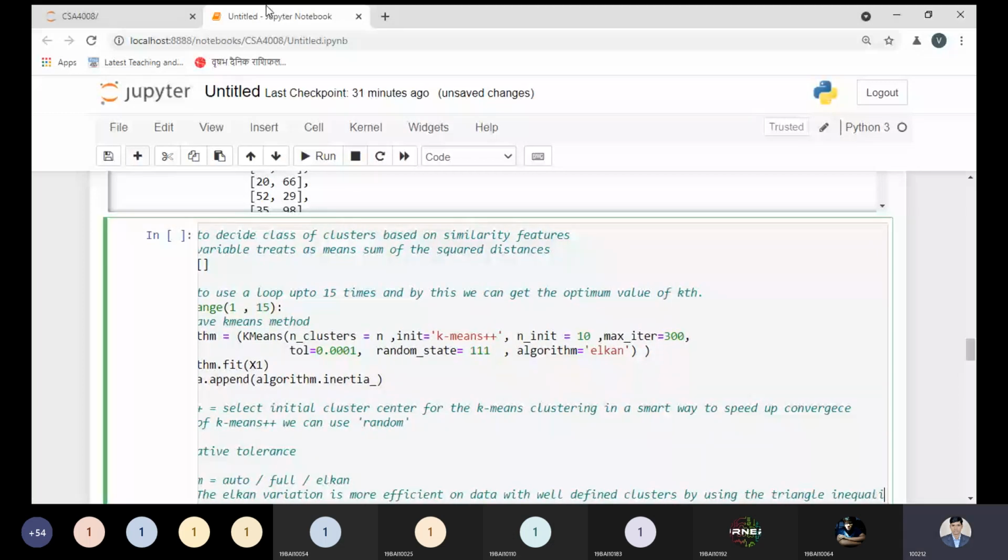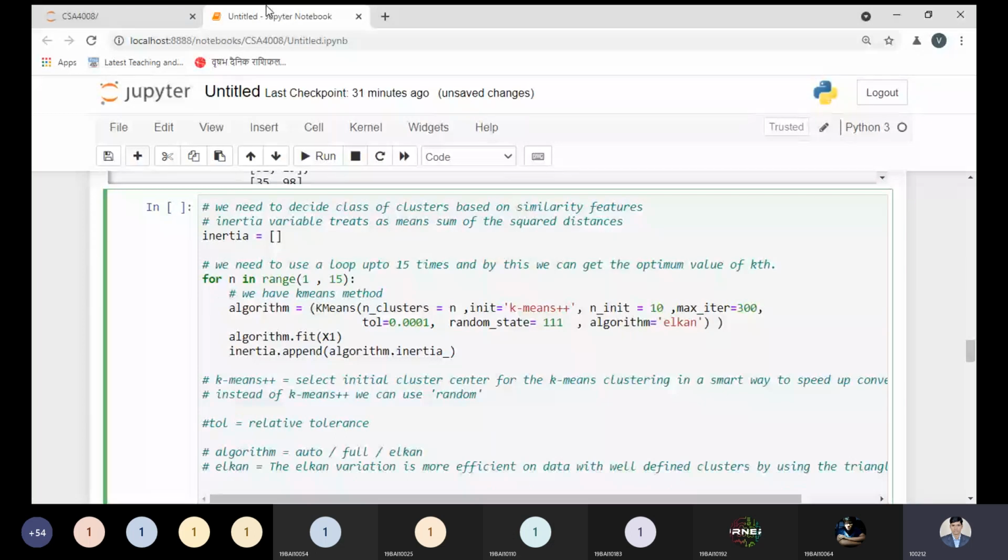That's why we mostly use the algorithm parameter when passing the algorithm. But if you're not passing it, then by default it is considered as auto. So a few parameters are optional, but we need to pass something over here. Only the parameter number of clusters is sufficient, but since we are passing something over here, we definitely have to use it. So that is the idea.